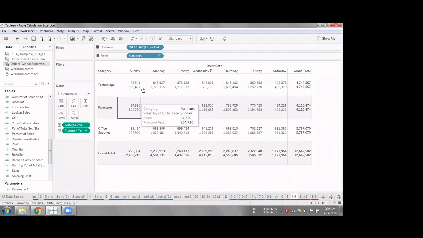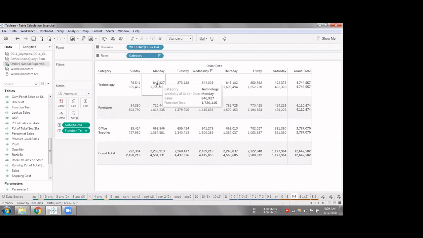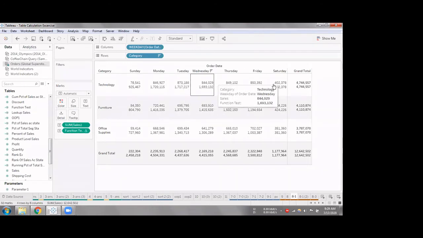What it is doing here is, it's basically taking the current cell value and the next value to it and adding up and giving us as a sum value. So when I'm here, it's taking my sales value in this cell and in this cell, likewise for all. And here, since we don't have a next cell for this Saturday cell, it's taking only the current cell value.